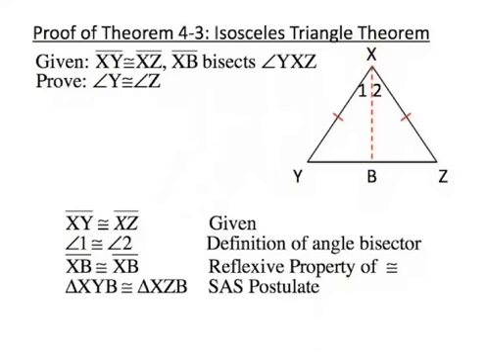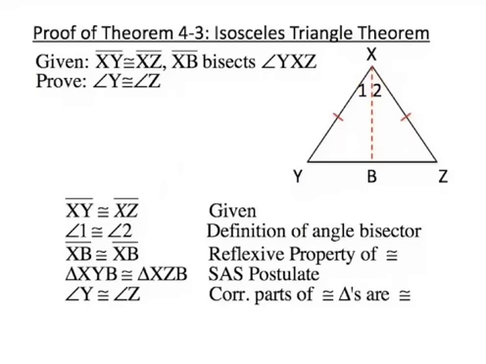And now we can say that triangle XYB is congruent to triangle XZB because of the side angle side postulate. This side is congruent to this side, this side is congruent to itself, and we have congruent included angles. And finally, we can say that angle Y is congruent to angle Z because corresponding parts of congruent triangles are